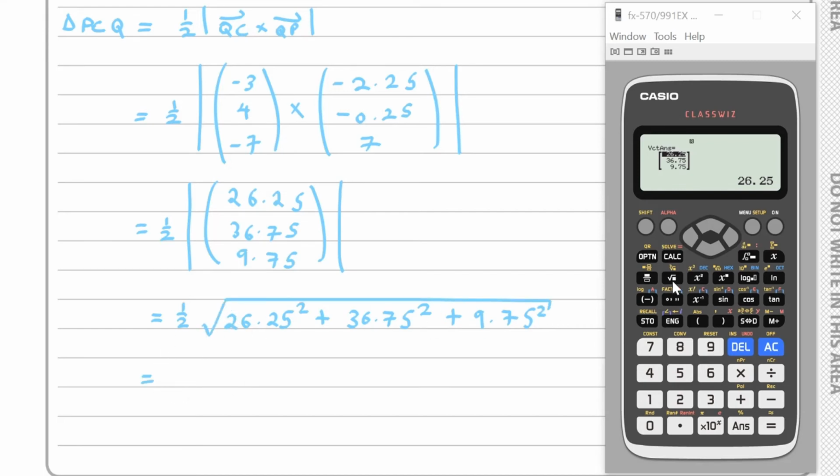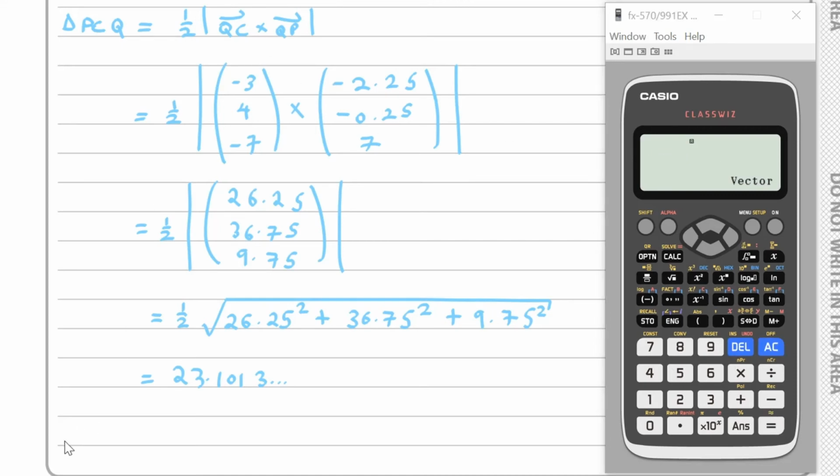So working this out, we have the absolute value of this, and then we multiply this by a half, so we end up with a value of 23.1013, etc. Okay, so if I store this into B,